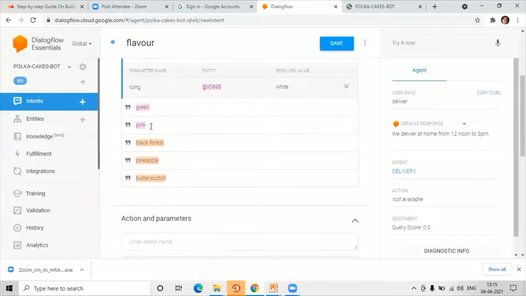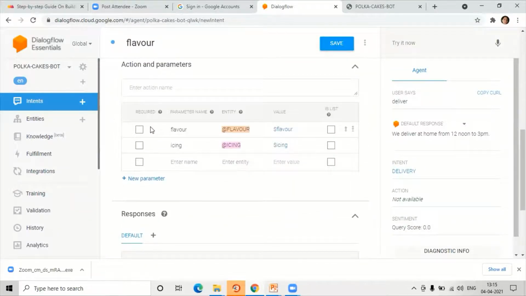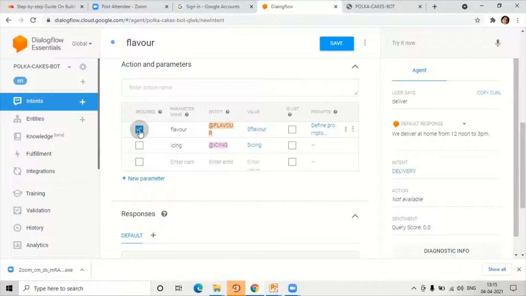Now you see, this is the actions and parameters section. Whenever we order a cake, we want the user to always give us both the flavor and the icing options. So we click on this and say it is a required field. When we tick here, we have to give the prompts.